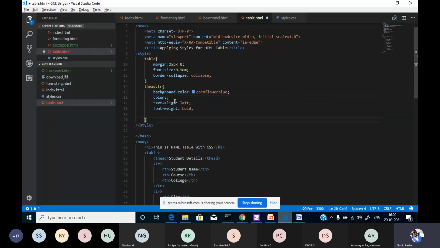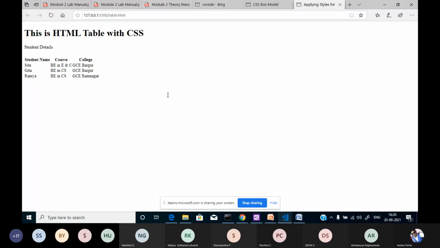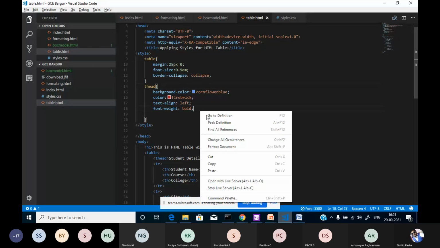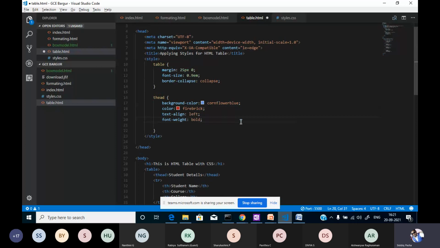Any color, okay, fine. And I'm simply adding it for the table heading. So let's see the styles. And refresh; first, format the document once.